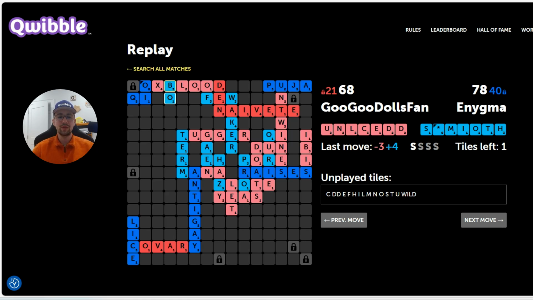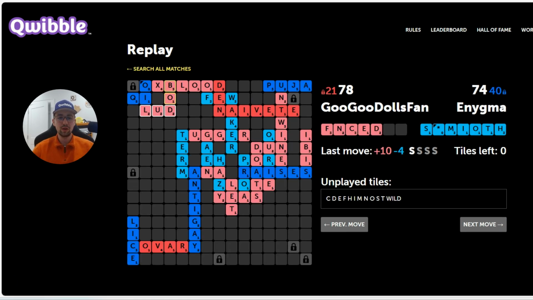I know there's a blank left, I know there's an S left, and I figured after Bow, Carl probably had both of them. I basically knew here, given that I was down 10, I couldn't play scared. If I try to block, then I'm down. Carl is simply going to beat me on the closed board. So I have to more or less hope that Carl either misses a bingo or doesn't draw one. And I score as many as I can, stealing his play of Bow right back with Lud, Oil, and Bod,